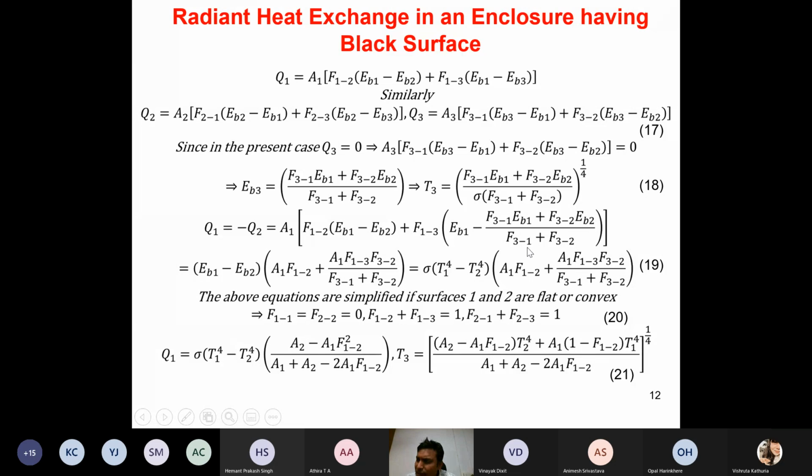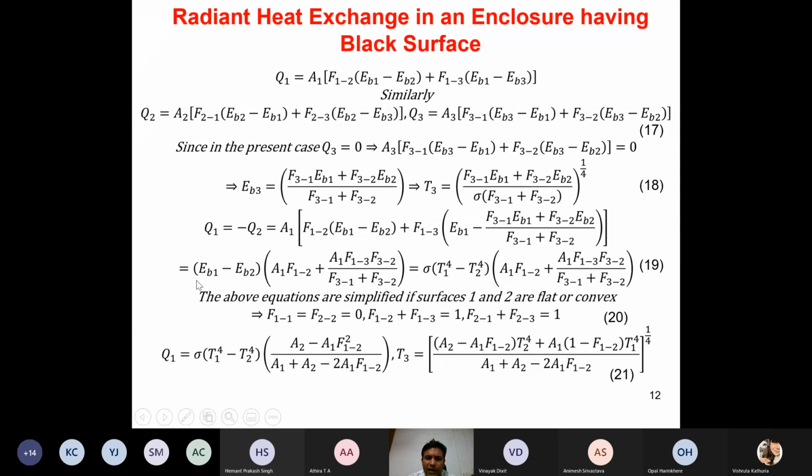So this F31 which is there in the denominator, if you multiply here, EB1 F31, and a minus sign is also there in the numerator. So this factor will get cancelled out. What you ultimately get is F32 EB1 minus... okay, so this first factor will get cancelled out if you multiply, and the second factor is going to be EB1 into F32, and this EB1 we can